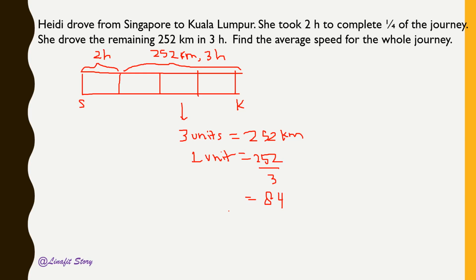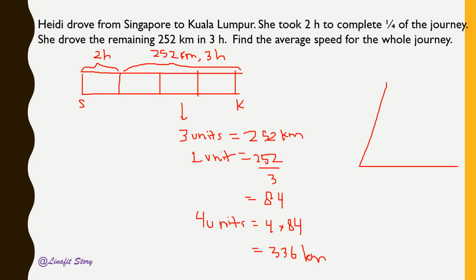Then to get the total distance between Singapore and Kuala Lumpur is 4 units. 4 times 84 is 336 km. Then how to get the average speed? The average speed is total distance divided by the total time taken. We know that the total distance is